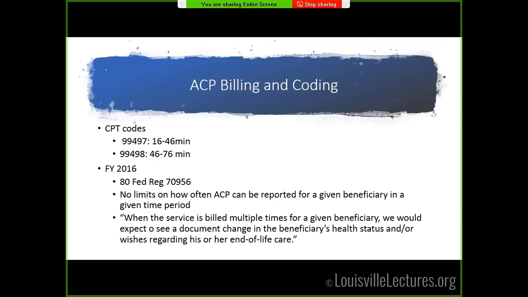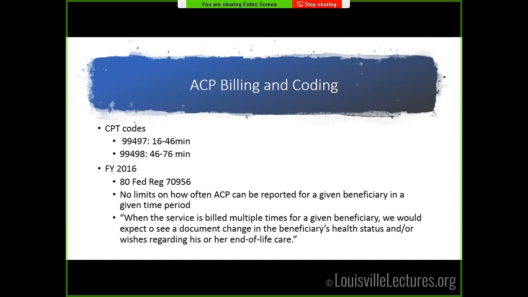So approximately up to 15 minutes of advanced care planning is something that we could conceivably do as a part of an E&M service that we wouldn't necessarily be able to bill. But when we're having a more extended conversation, when we've crossed a 16-minute threshold, then we are able to bill for that. And so those first 30 minutes are up to that as the first code. Then once we've gone beyond 46 minutes, we're into an additional code time, so another 30 minutes. That's just an example of the time-based billing for that code.